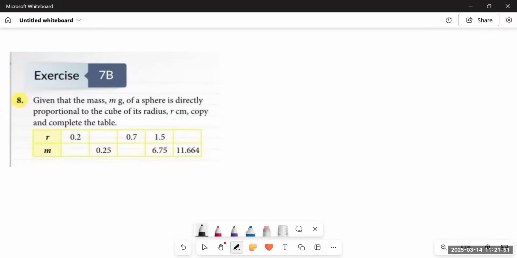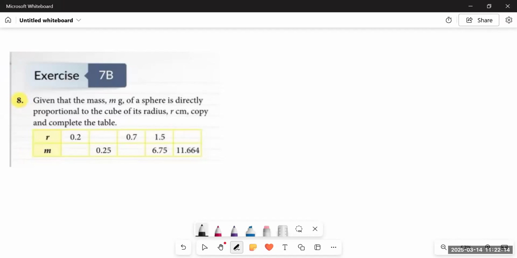Think the syllabus mathematics book 2. Today we are going to do question number 8 and onwards of exercise 7b. We have completed question number 7. So if you haven't watched the video related to question number 7, you can go for it and watch the video. Now we will do question number 8, in which we have to do the same that we have done in question number 7.